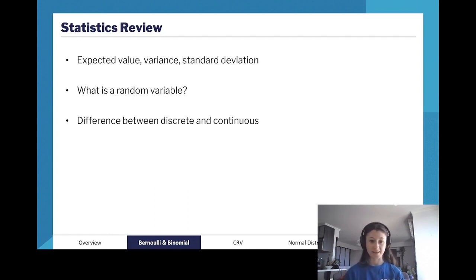What exactly is a random variable? We're studying discrete and continuous random variables in year 12, both random variables. What is a random variable? And then we're going to look at the difference between discrete and continuous random variables. This is a really important point to understand